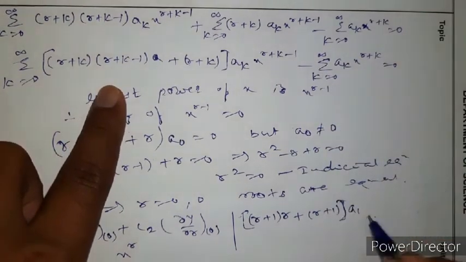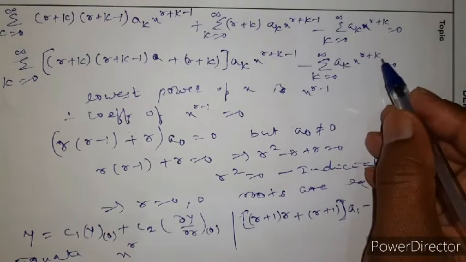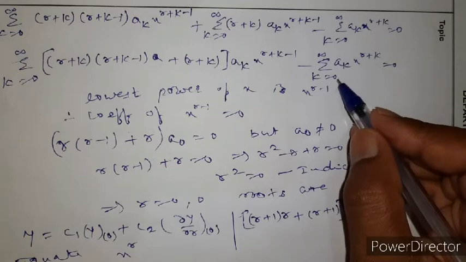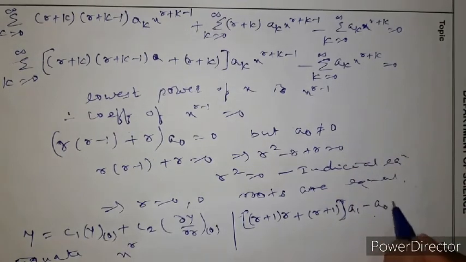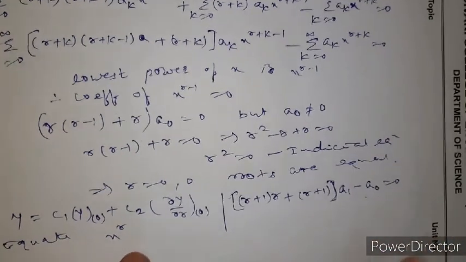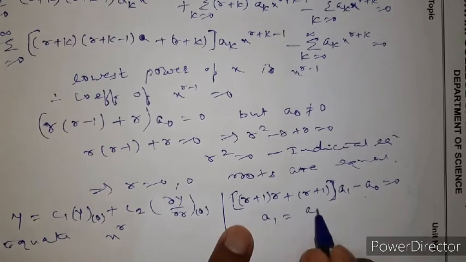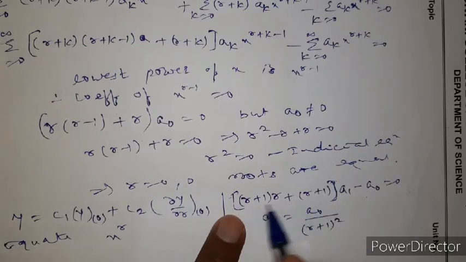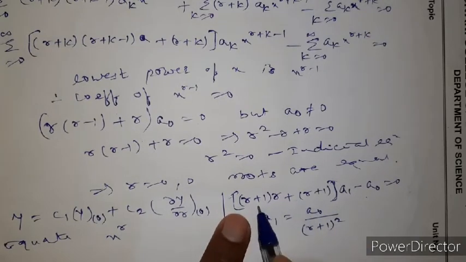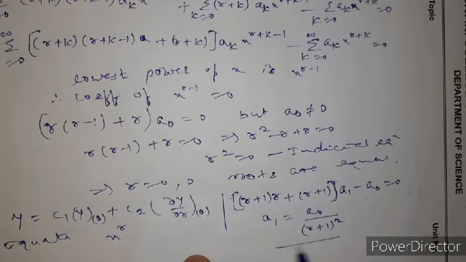Right? What about the second term? Minus. Second term. Here I have to take, yes, x raised to r I want, no? So I have to take k equal to 0. So what I get? a0, minus a0 equal to 0. So find the value of a1 in terms of a0. So a1 is equal to, do your calculation here, you will get a0 upon r plus 1 bracket square. See here, r plus 1 common. r plus 1 common, what remains? r plus 1. So r plus 1 into r plus 1, you will get r plus 1 bracket square. Understood here? We get a1.